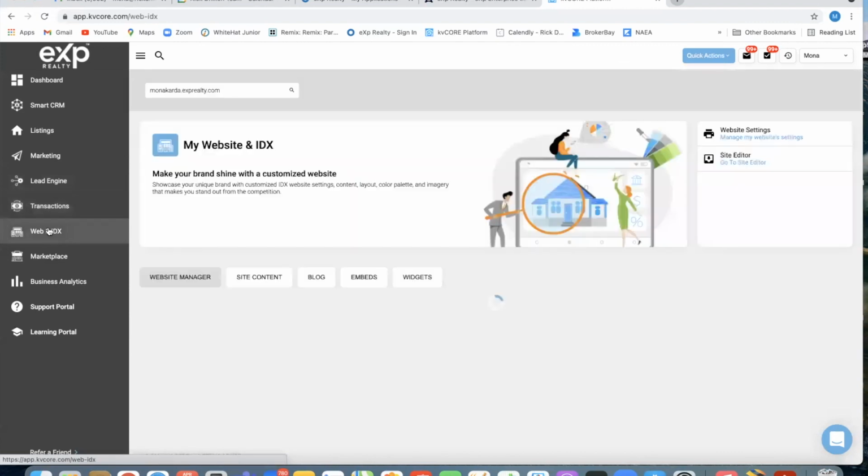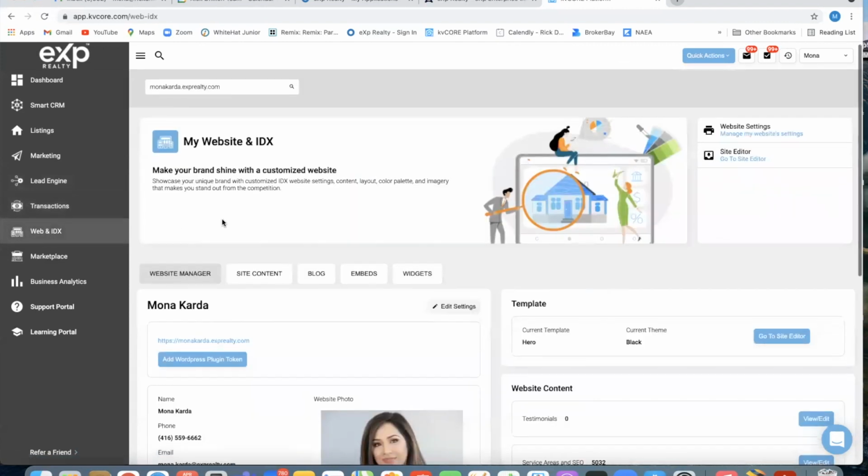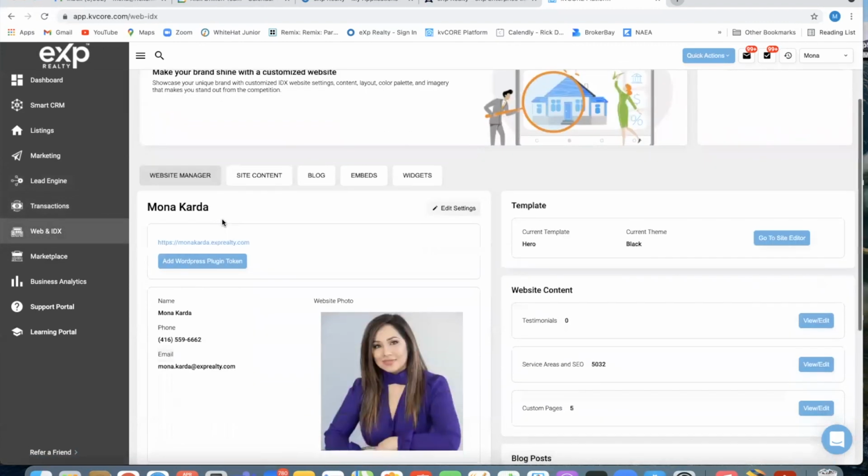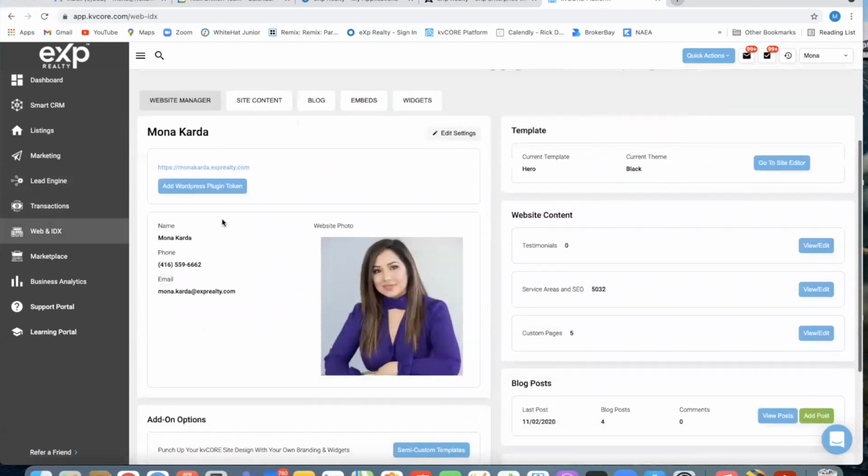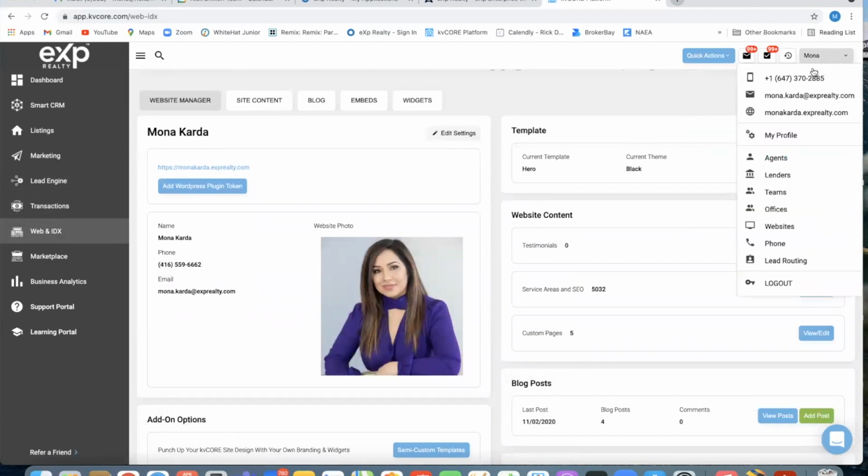Transactions, web IDX. This is where we go into for our websites. Now we have two websites. You will have your first website. If you click on your top right of your system, you will see that you have your Smart CRM phone number, you have your email address, and you have your website. So it's always your first name, last name,